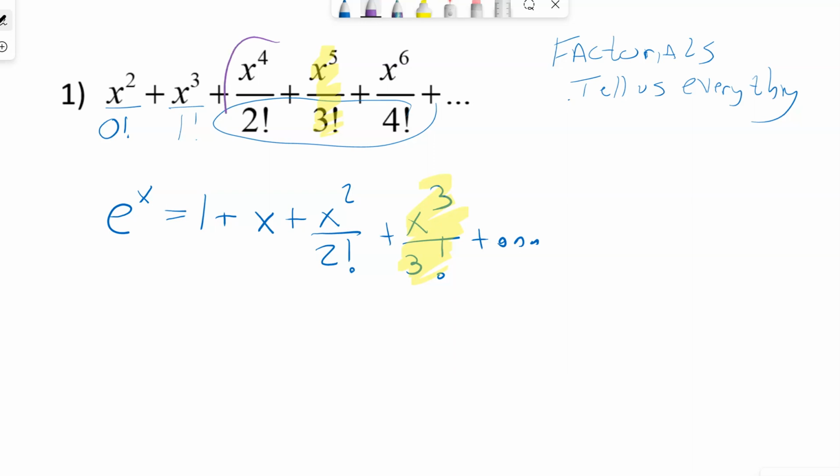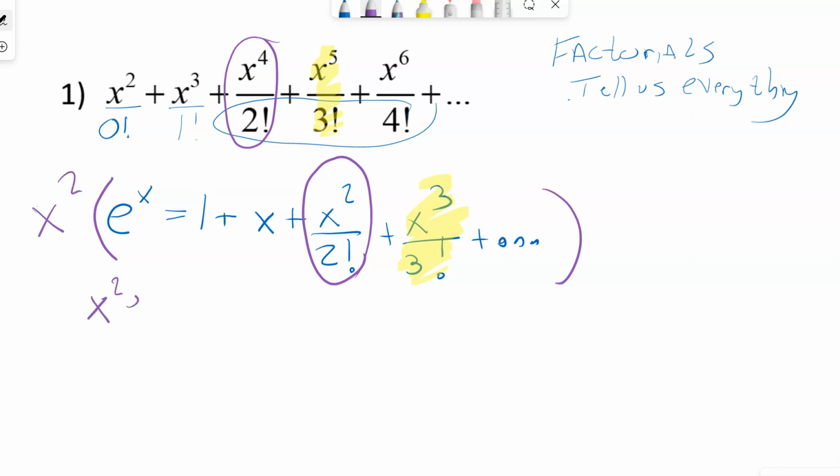And in fact, if I look before it, the 2nd factorial is below an x to the 4th, whereas the 2nd factorial here is below an x squared. So I think if I were to multiply by x squared, that means we're dealing with x squared e to the x. And if I distribute my x squared all the way across,